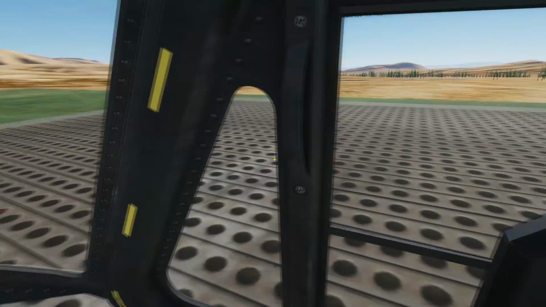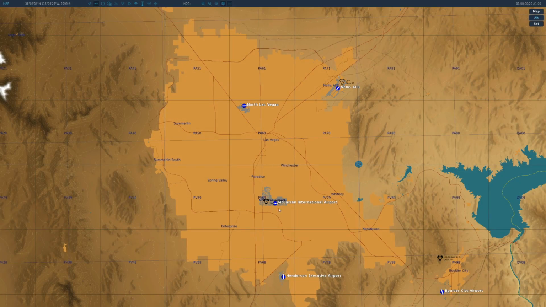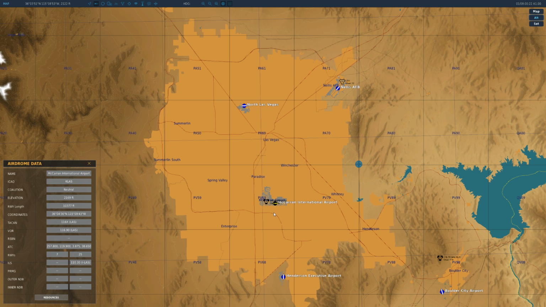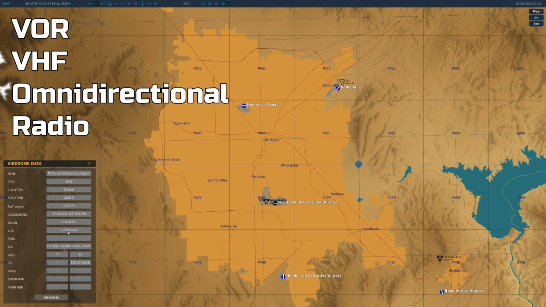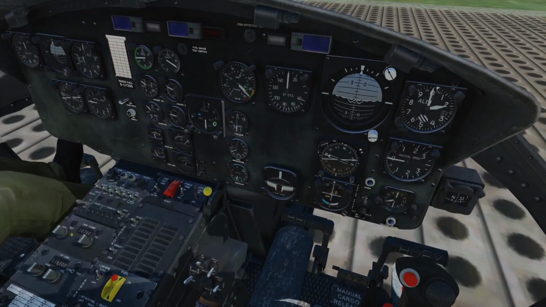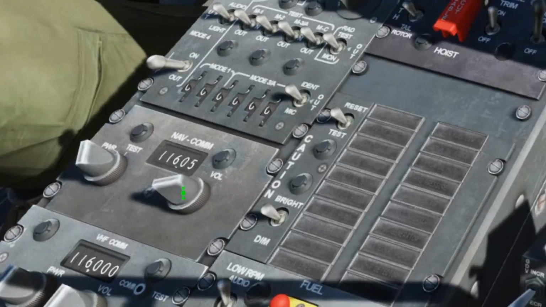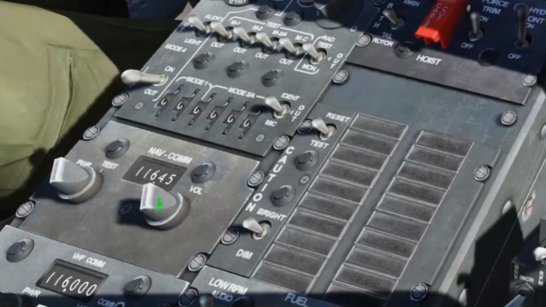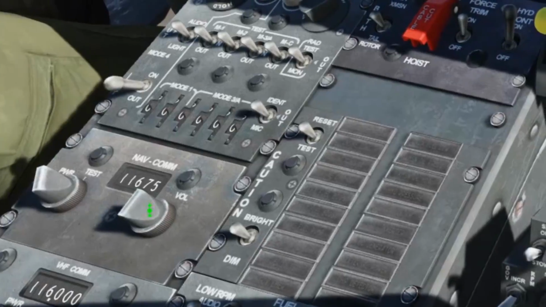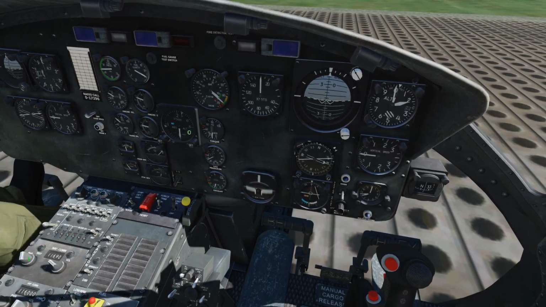Okay, this time we are in Nevada, and we are going to use our VOR navigation to get to McCarran International Airport. So McCarran International is VOR of 116.9. So we're going to go over to our nav, and we're going to tune in, roll that dial up to 116.9. Keep going. Okay, 116.9, and then we're going to right click it so it goes to power on, and